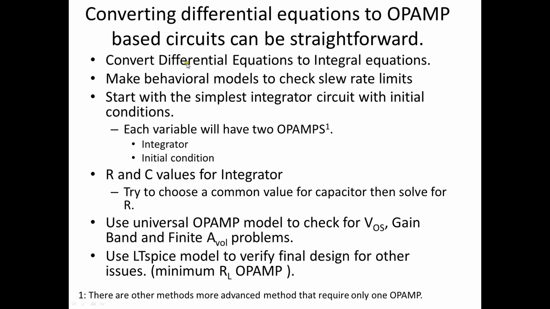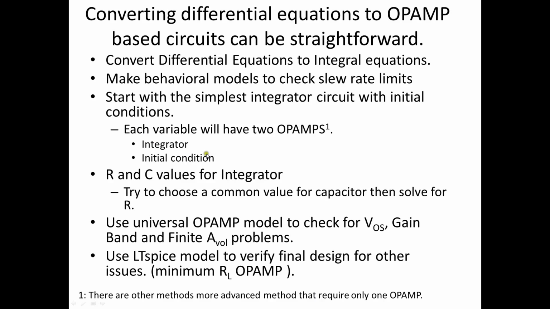The first thing is change the differential equations to integral equations. And I'll say more on that later. You can then make behavioral models to check slew rate limits, and that's in other videos that I've done. Start with the simplest integrator with an initial condition. Each time-dependent variable only needs two op-amps, an integrator and an initial condition op-amp. Now, there are other methods that are more advanced, and you can get away with one op-amp, but that's beyond